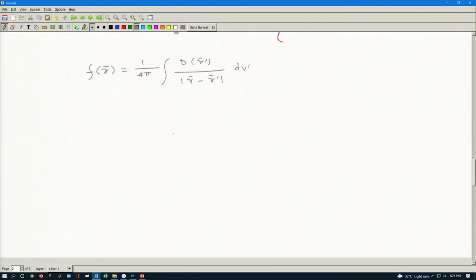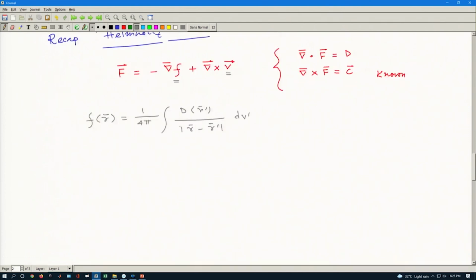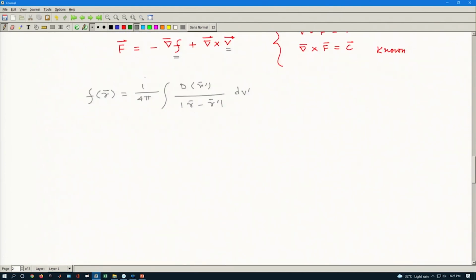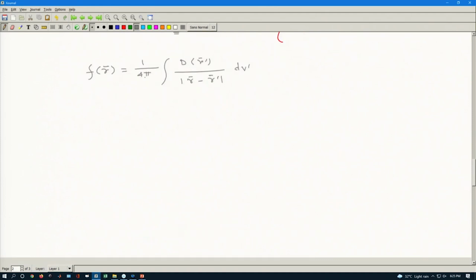That was the value of f of r, through which you can find the first part of this total unknown vector field F. And similarly, V can be evaluated